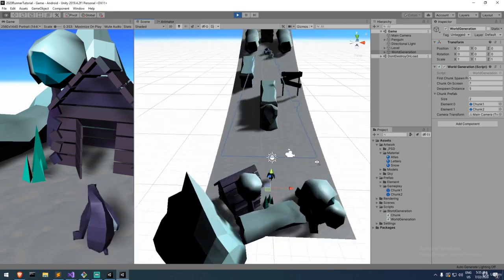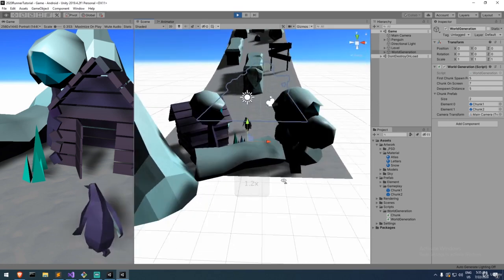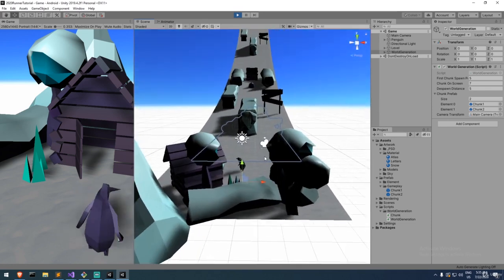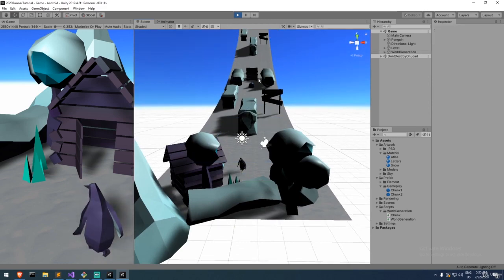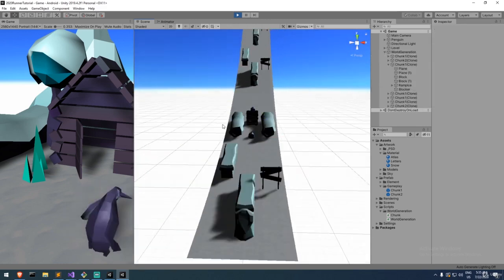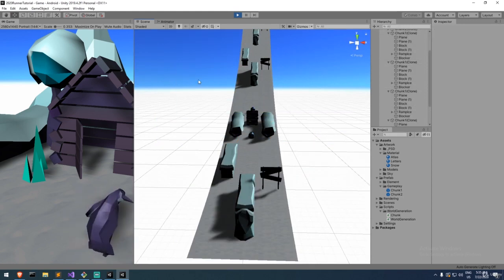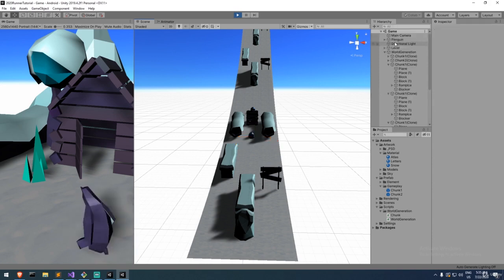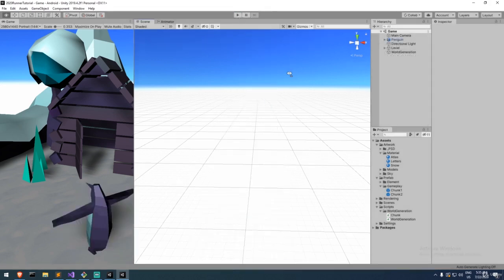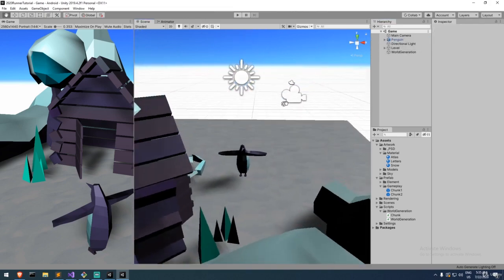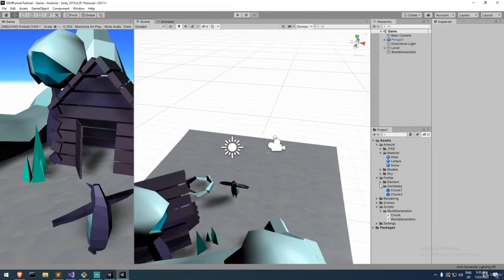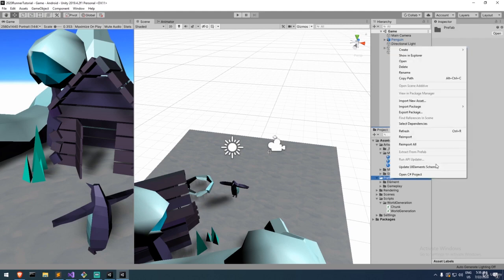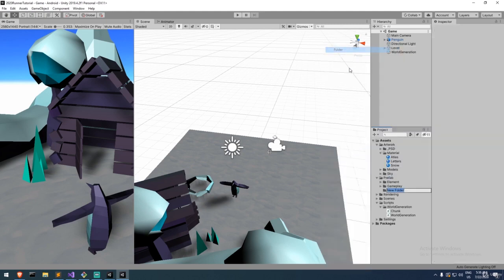So the reason I wanted to split them from the middle lane, you could say, is just so we can have some diversity. So if you are to spawn, for example, this prefab, it's not always going to be the same scenery around it. So if there's an iceberg here, if there's a whale, it's not always going to be the same if this chunk spawns. So that being said, it is now time to start creating that. So I will start by just creating myself a new folder under the prefab folder, and I will call it scenery